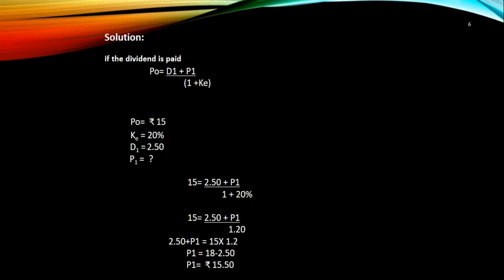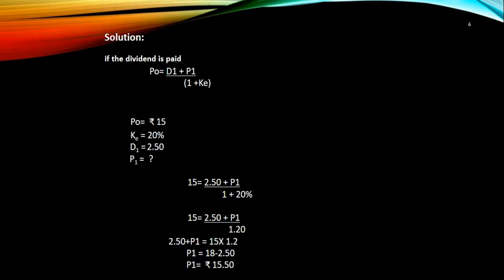So the solution is, if the dividend is paid, the formula will be P0 is equal to D1 plus P1 whole divided by 1 plus K. So from the information we have, P0 is rupees 15, and cost of capital is 20%, and D1 means dividend at the end of period 1 is 2.50, and we need to find out the price, that is P1. So when you substitute the values to the formula, then that will be P0 is rupees 15